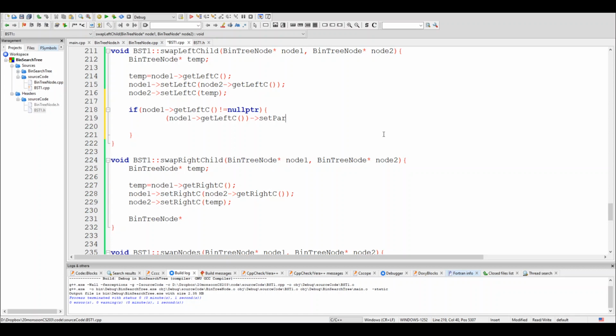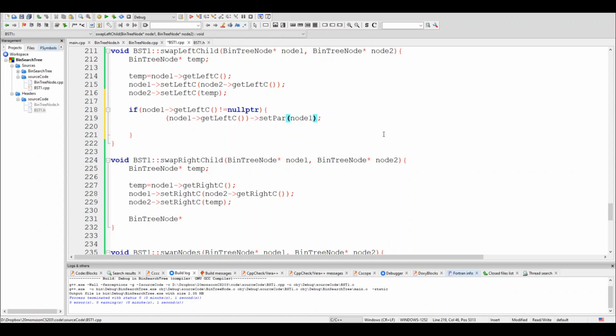The currently attached child to the left of node 1 was actually the child of node 2, so for this particular node, the parent value is currently node 2. So we should set this to node 1.